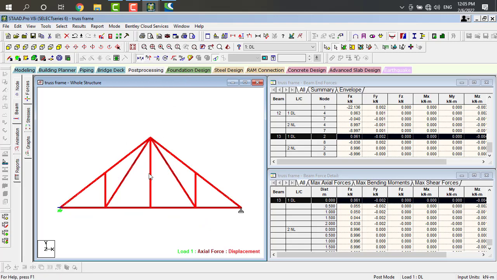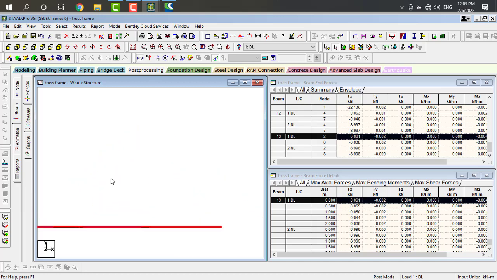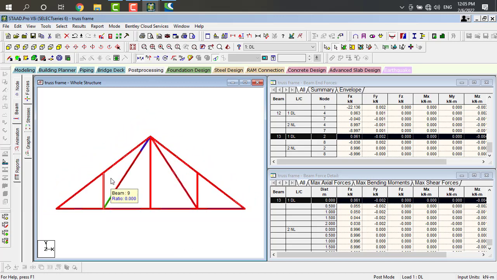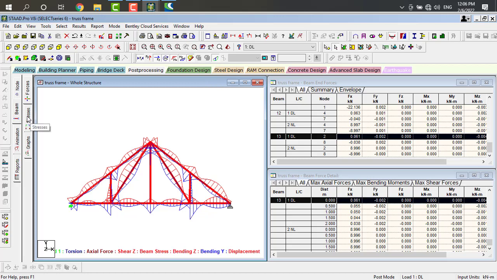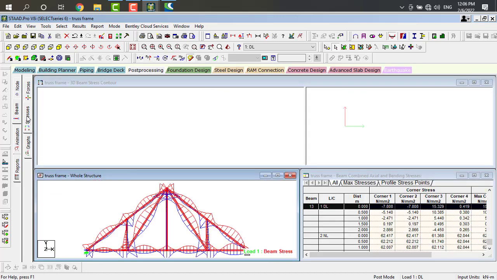Shear force in the x-axis, it will be slightly shown. It is the moment in x direction, moment in y direction, moment in z direction. If you click this, it is a stress. Go to stresses here.